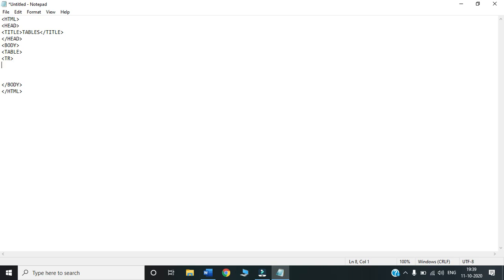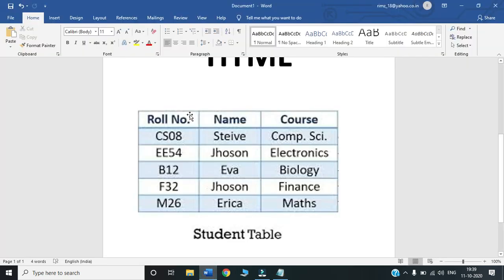After this, the first cell that we are going to create is the roll number cell, and this roll number is the name of this particular column. Similarly, this name is the name for this particular column, and course is the name for the third column. So this row indicates the headings of the individual columns.